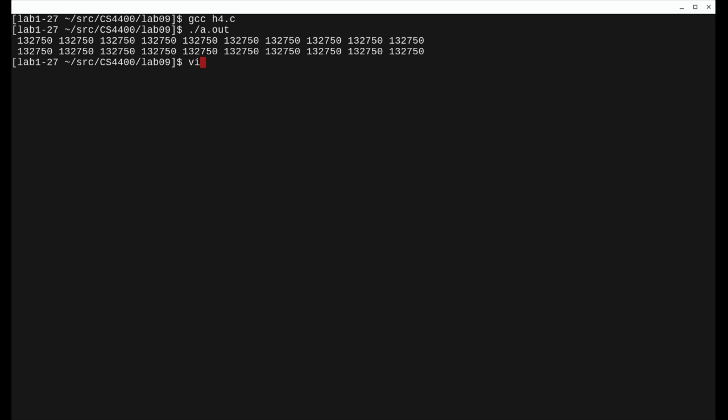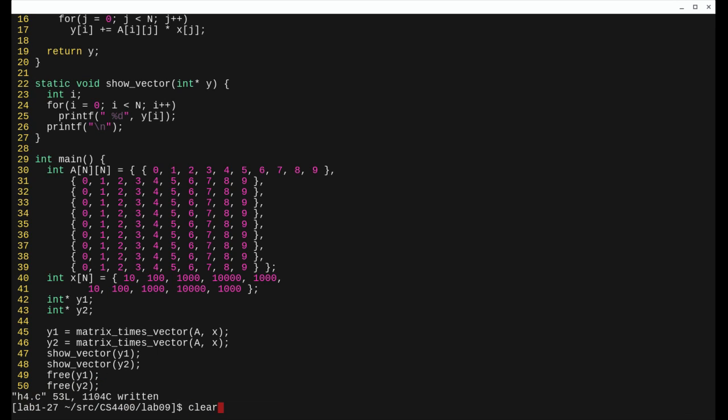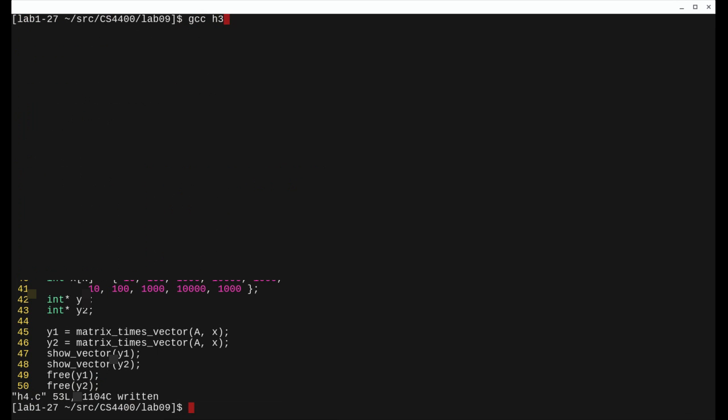Well, not quite. There is one problem here that we really should fix. We perform these allocations within the matrix times vector functions, but we don't clean up after ourselves. So let's clean up our allocations here by calling free. It's always good to be a good memory citizen. We'll build this, run it,